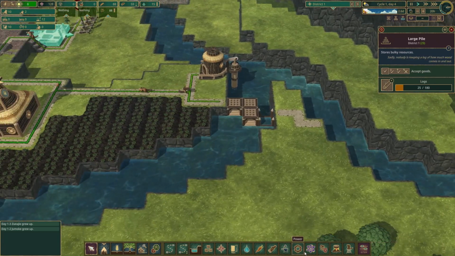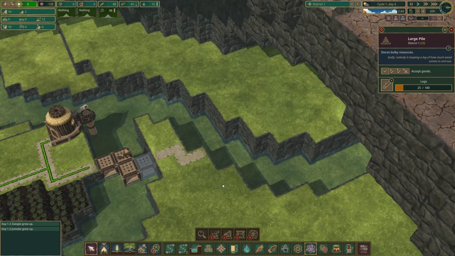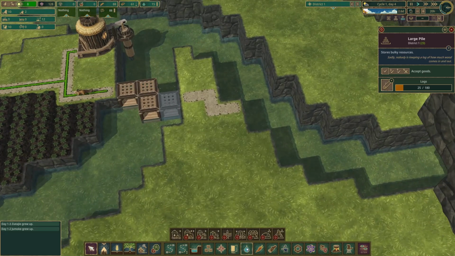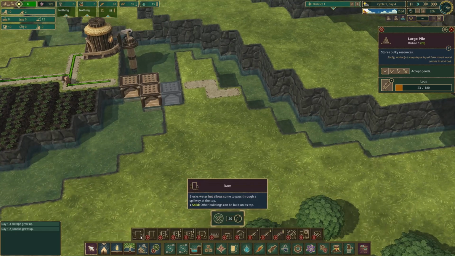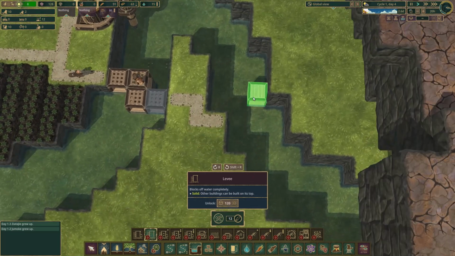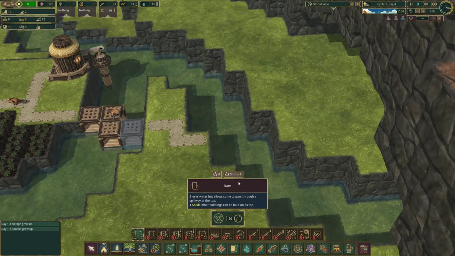But we still need to unlock the levee, because to cross over here and to build this dam here, we will still need it. I mean, the levee is always useful, so it's actually a great idea to get it. But I wish I knew that before, because it would make everything much simpler for me. So I'm gonna start with...